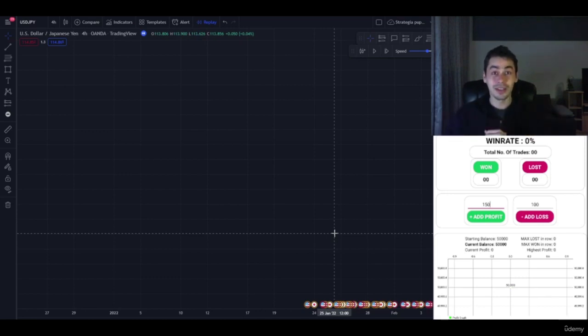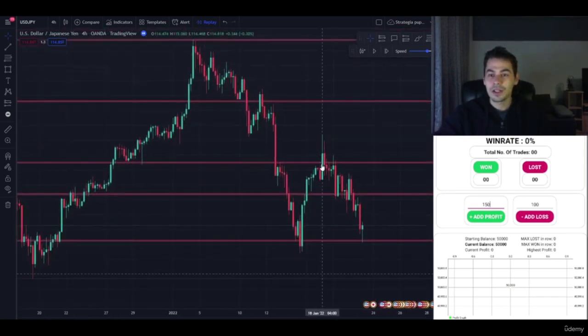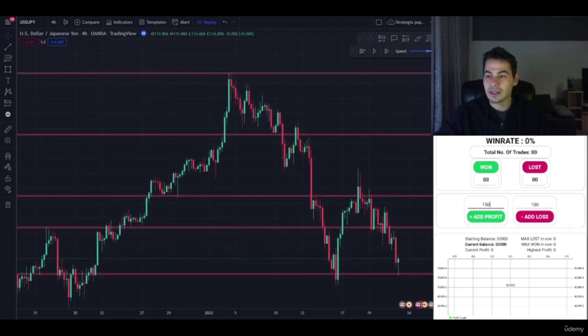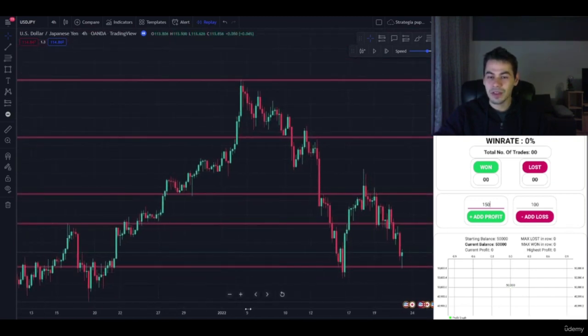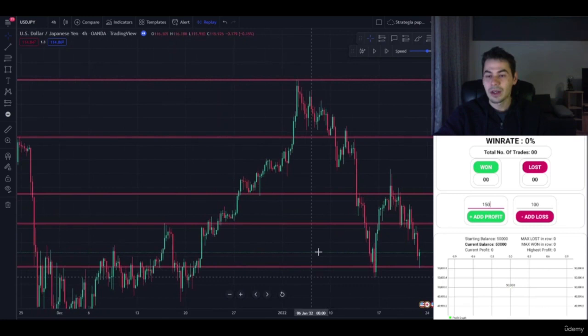What I will show you today is a trading strategy based solely on price action on the 1 minute time frame on the US dollar Japanese yen pair. First of all, let's establish some ground rules. So the first thing that you have to do is plot some of the resistance and support areas on the